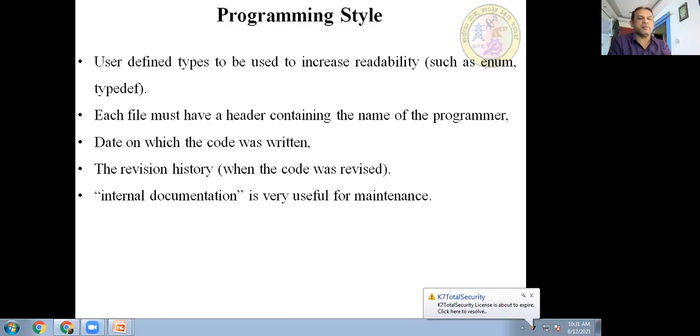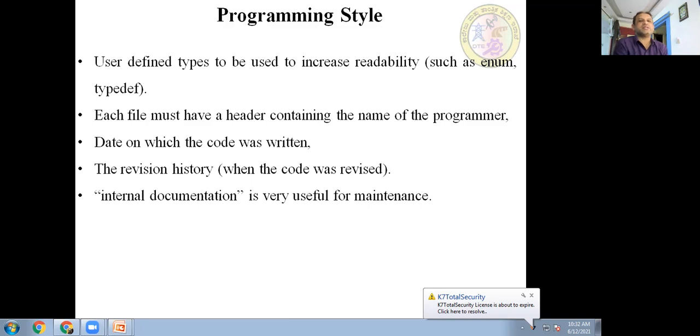Integer is a built-in data type. Integer, float, character, and so on, they are the data types available. So you can define your own data type. Instead of using the keyword integer, you can have your user defined type, by using the keyword typedef. You can define your own data type also. That is what you call a user defined type. Instead of using integer, you can use some other name, something like numerals. So numerals will be a data type which you have defined.